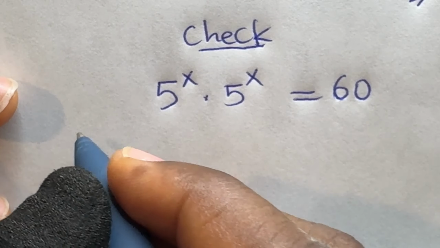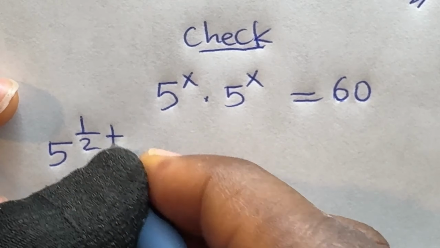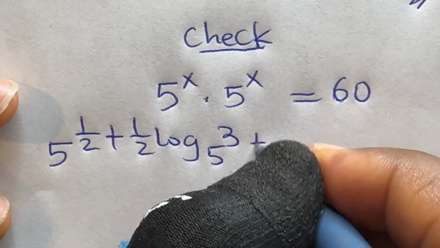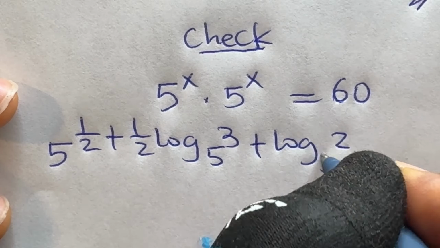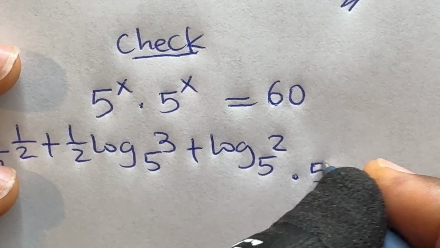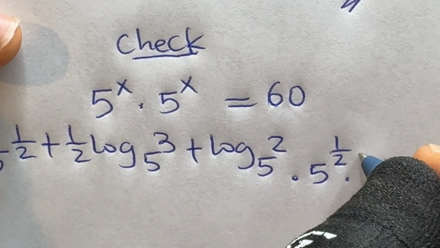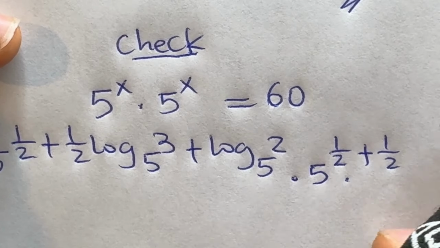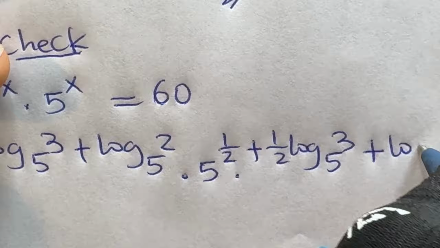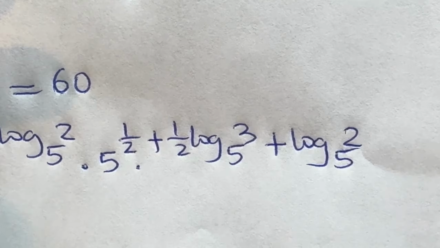So that means I'm going to have 5 raised to power 1 over 2 plus 1 over 2 log 3 base 5 plus log 2 base 5, then times 5 raised to power 1 over 2 plus 1 over 2 log 3 base 5 plus log 2 base 5 is equal to